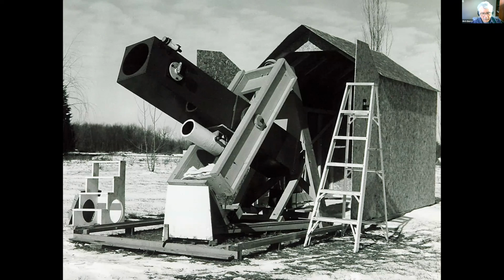It has the advantage that you can be up and observing within 2 or 3 minutes after rolling the building off, taking the shelter off. And you can store things like your observing ladders in the shelter. And so all you carry out to the eyepiece is your observing notebook, the eyepieces themselves in a little container, and bingo, you're in business. Now,